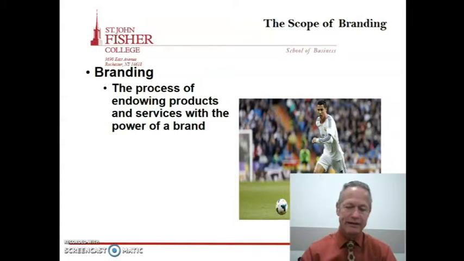Nike, whenever anybody takes a look at brands, they look at Nike. And Nike associates every single product that they make with their brand, anywhere from hats to outerwear to workout clothes and shorts and socks and shoes and even sporting equipment. However, other companies do not do that, and I always use Procter & Gamble as an example. Procter & Gamble, their brand is not associated with a specific product.